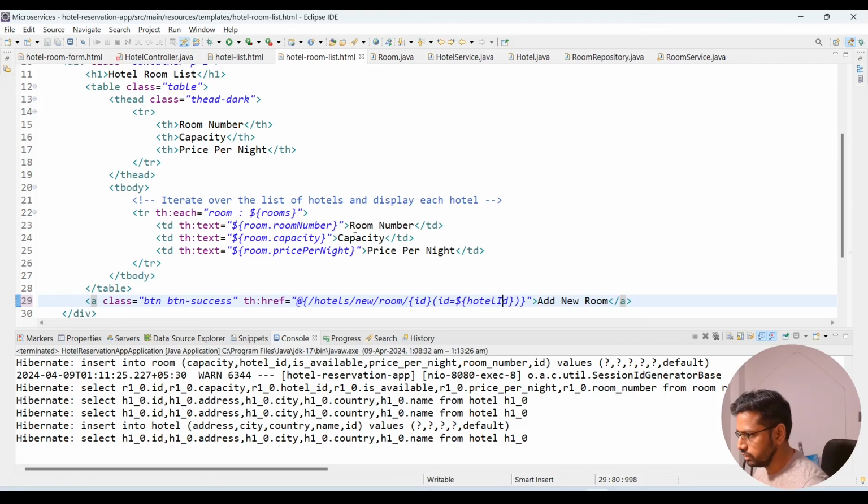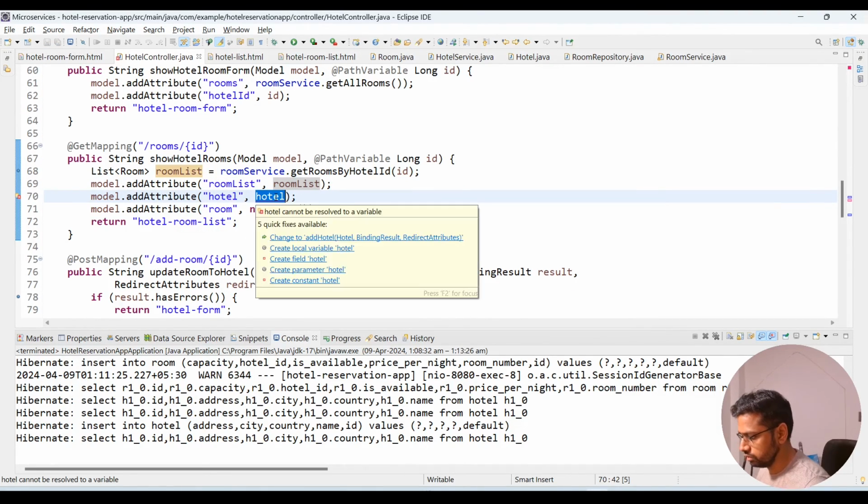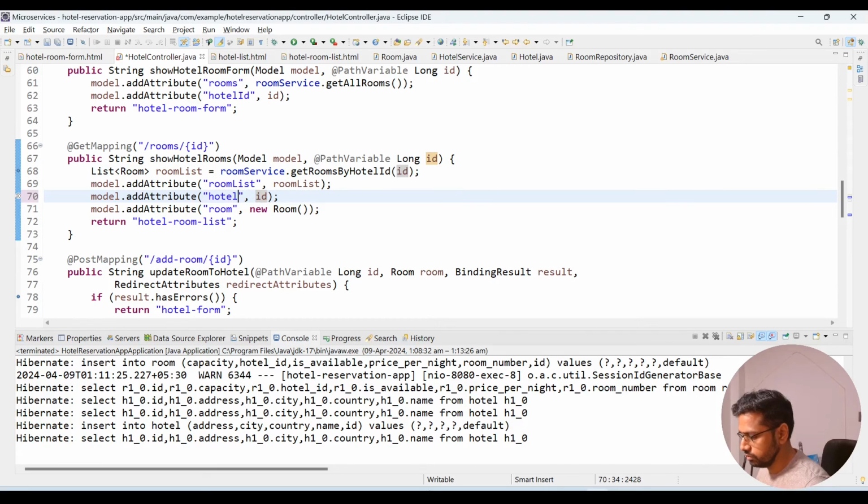Let's do hotel ID like this, and alrighty,